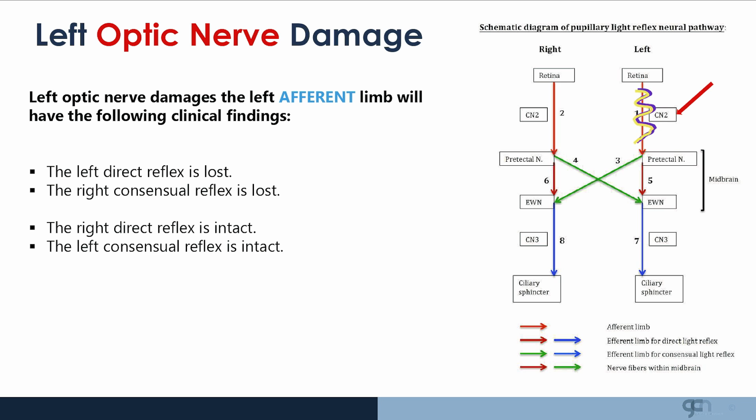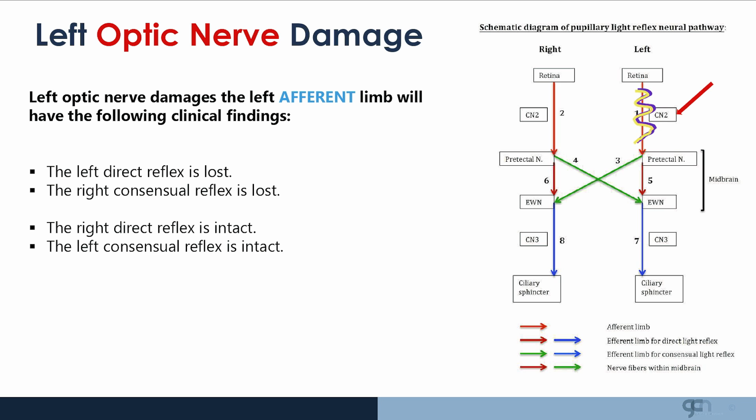So if we look here, let's introduce damage there to the left cranial nerve 2, to the left optic nerve. What would happen is if we shine light into the left eye, that would not be transmitted through that damaged nerve to the pretectal nucleus. Therefore, the ipsilateral and contralateral Edinger-Westphal nuclei are not innervated. There is no activation of cranial nerve 3 on either side,